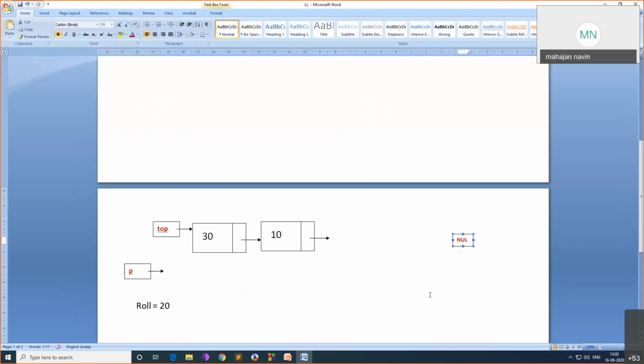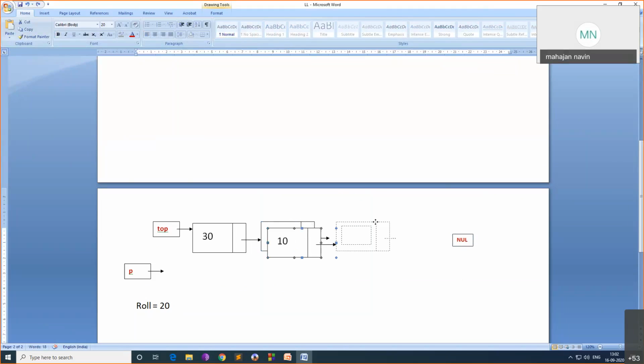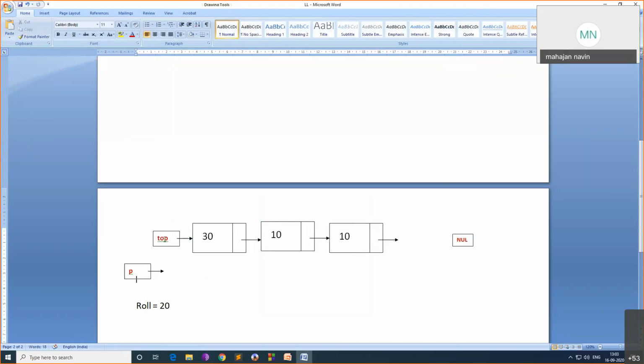We'll take this one example. In a queue, elements are inserted at one end and removed from the other end. Normally we say this is rear or tail, and this is head, front and rear, or head and tail.